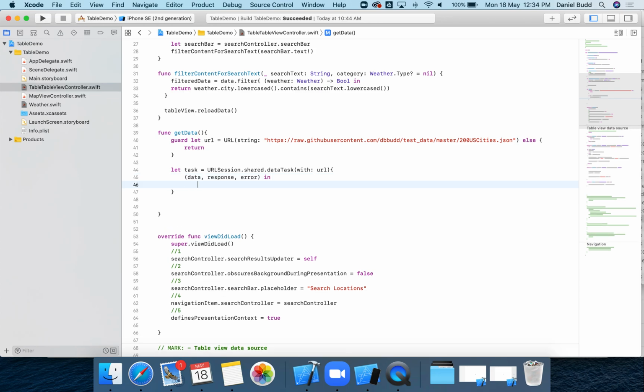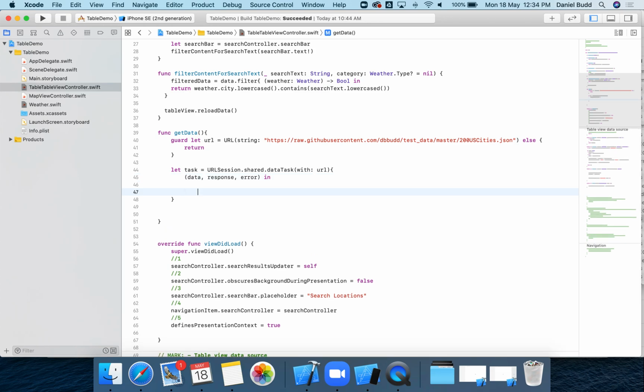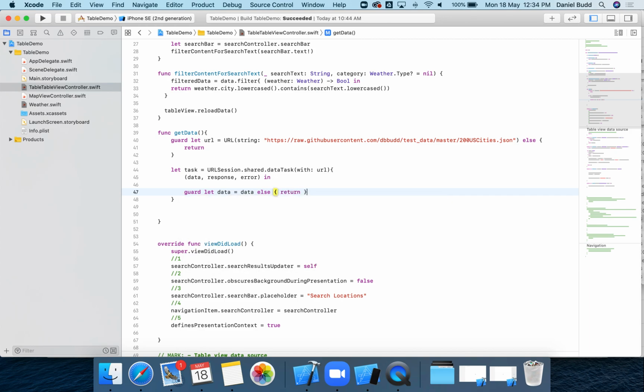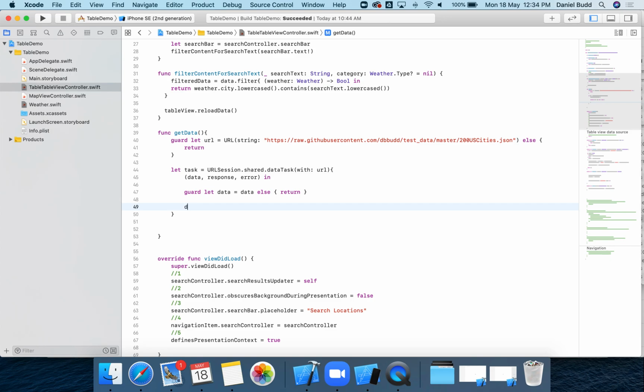And again, we're going to use a guard, because if our data doesn't return anything, then we don't want our app to crash. We just don't want to have any data. Okay, from here,